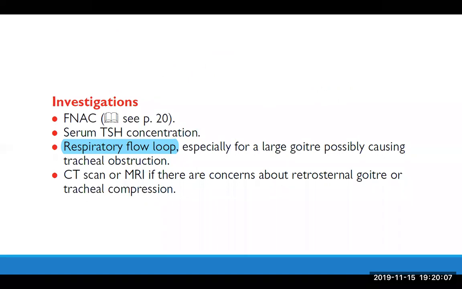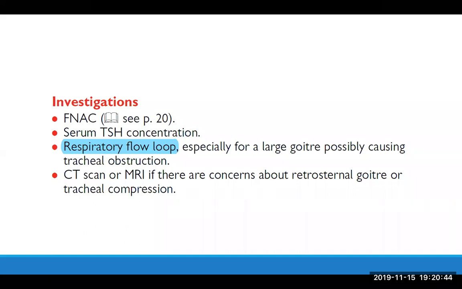thyroid malignancy. Of course, the best modality for investigation in each case of thyroid nodule is fine needle aspiration biopsy. In every case, the first test to order is TSH. If TSH is low, the next step is to do a thyroid scan, thyroid radioactive iodine uptake. If it shows increased uptake, it is a toxic adenoma or toxic multinodular goiter. If TSH is normal or elevated, the next best step is to do fine needle aspiration biopsy.